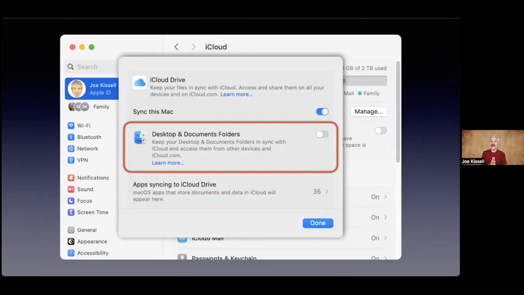I've talked to a lot of user groups and a lot of individual users about iCloud. And this one feature is probably the one thing that I've had the most questions about and found that there's the most confusion and grief about. So I want to talk to you about it because I want to help reduce pain.